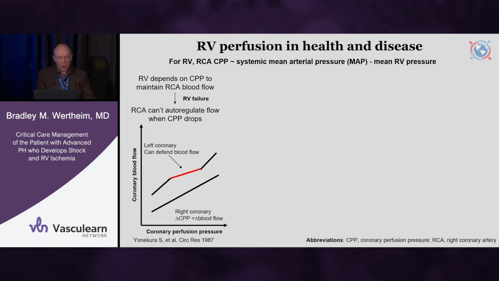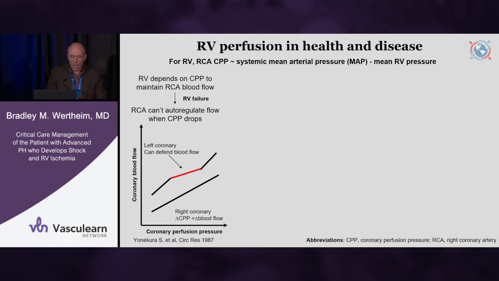So what does this mean practically? We can see depicted here in this plot of coronary blood flow versus coronary perfusion pressure. In the setting of the right heart, we can approximate coronary perfusion pressure as the difference between our MAP and some sort of mean RV pressure. I think practically a lot of people think about RV EDP. A lot of the research studies will use something like a mean right heart pressure, accounting for both systolic and